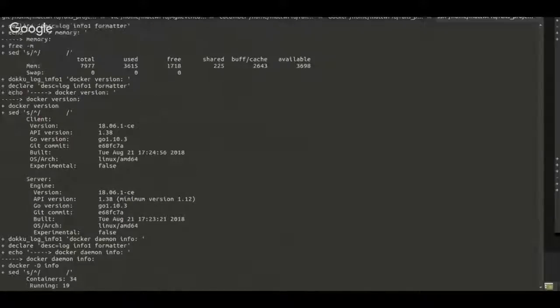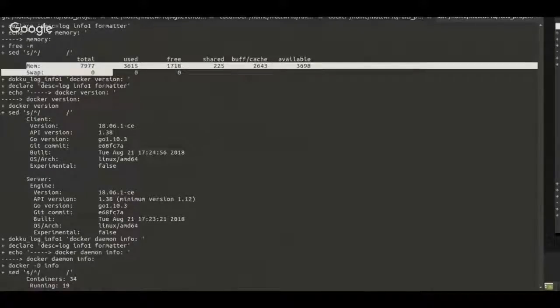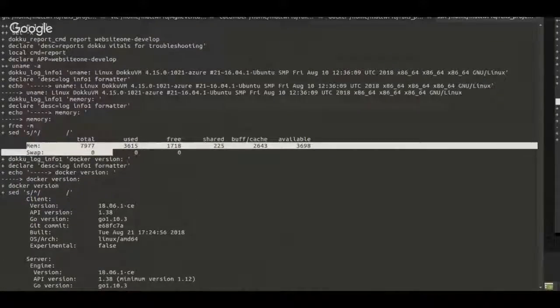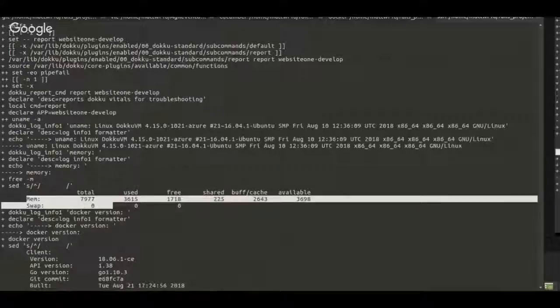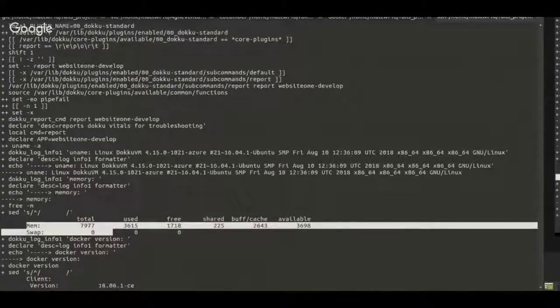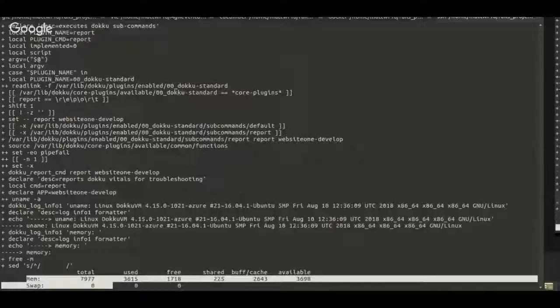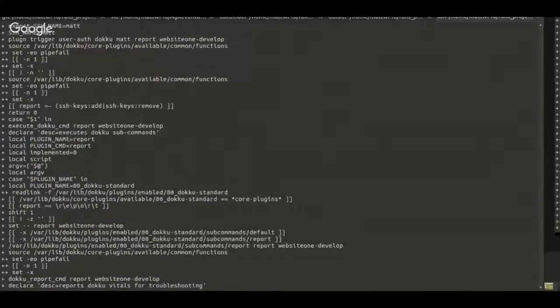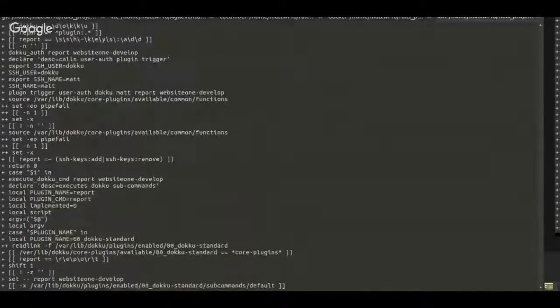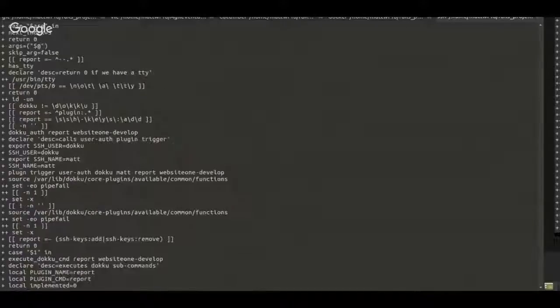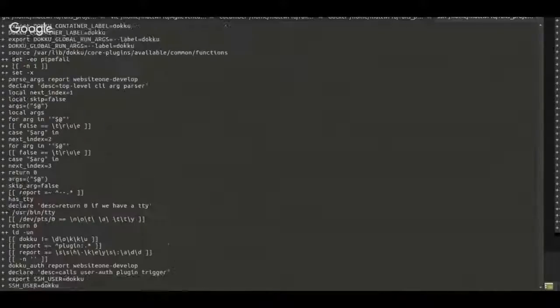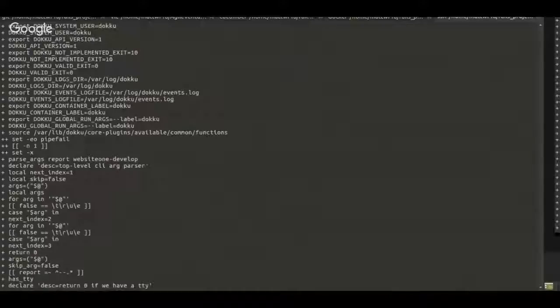No. Memory usage, Docker version. Command report. Report website one. Maybe it isn't report. Maybe it's something else. Maybe it's domains report. Not sure. I know I've seen it before. It'll tell you like,